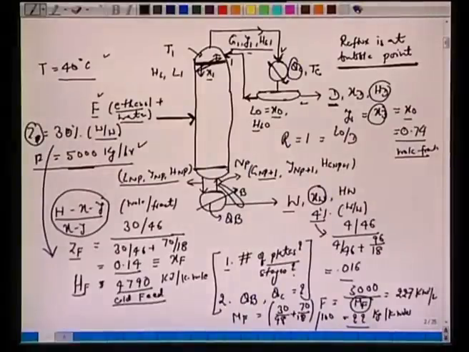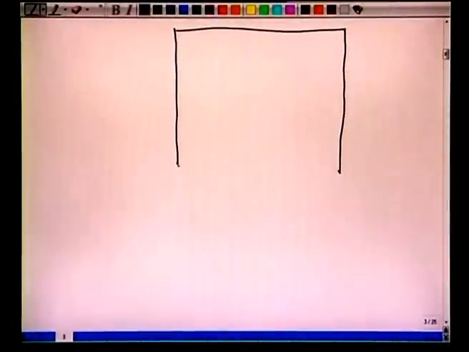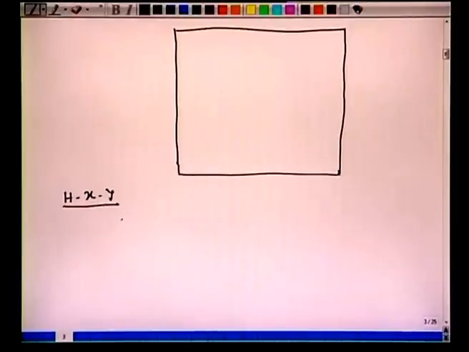Okay. Now let's look at this HXY diagram. We're supposed to plot HXY diagram. Now this HXY diagram has to be obtained for this binary component mixture, from some handout, or it has to be calculated from some correlations here. So very often one common way of reporting HXY diagram is a table. So we have a table which I will just note down 1 or 2 points here. Very often it's written like XY, and then you have a column for HL, then you have this HV here.